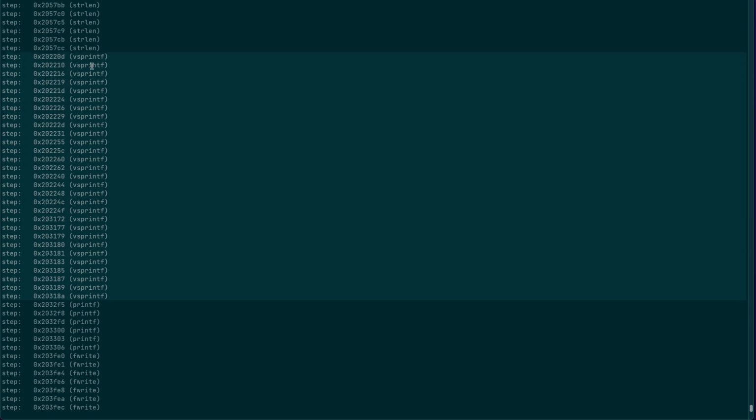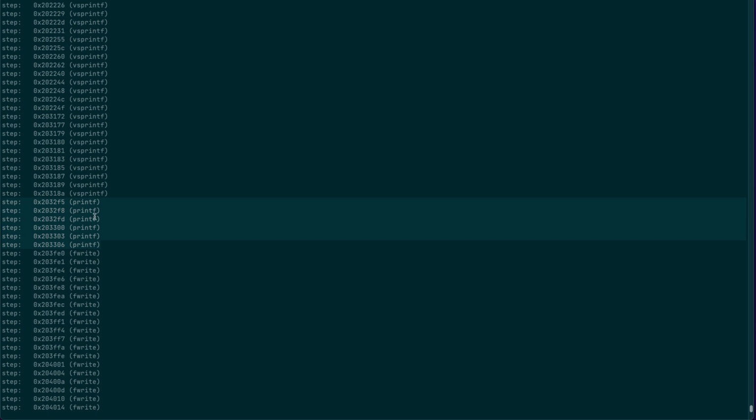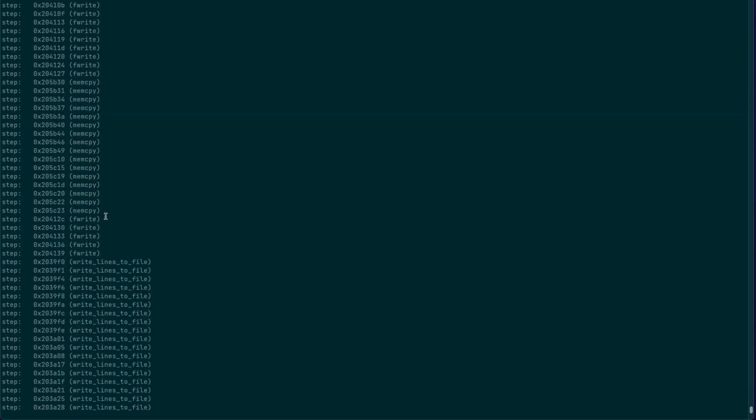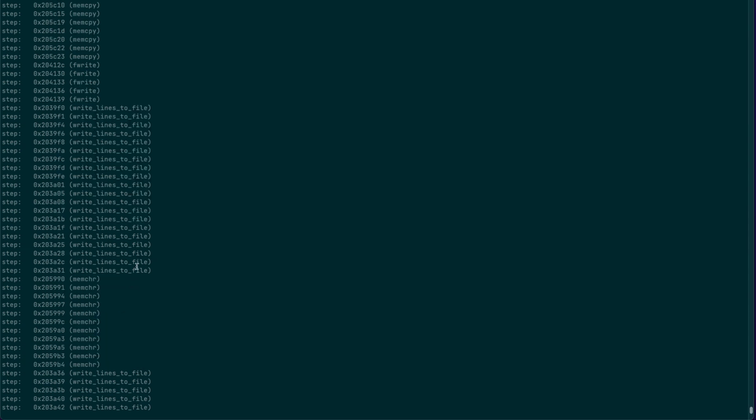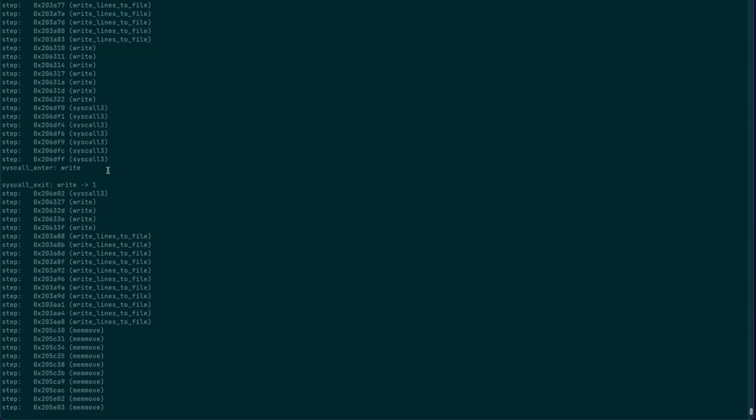Then we're back in vsprintf for this many instructions. Then we're back in printf for this many. fwrite is doing some, and then memcpy, and then it's writing lines to file. It then does a syscall. So it goes into the write syscall, which calls syscall3, which calls the write syscall, goes into the kernel, syscall enter, comes back out of the kernel at syscall exit, backs up the stack, right? Write lines, write, syscall, write lines. It's super cool that this